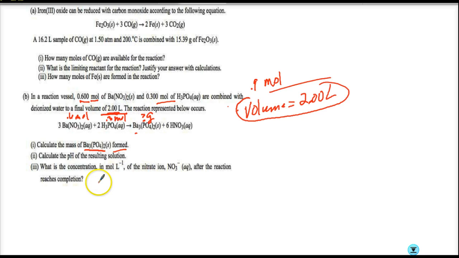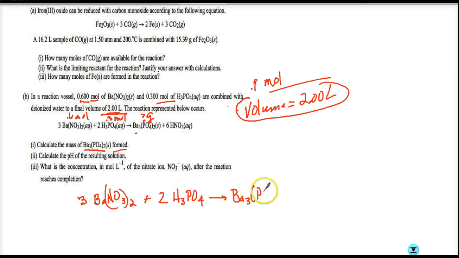So let's practice doing what we just did. So we're going to rewrite our equation. 3Ba(NO3)2 plus 2H3PO4 yields Ba3(PO4)2 plus 6HNO3. Okay, so I want moles